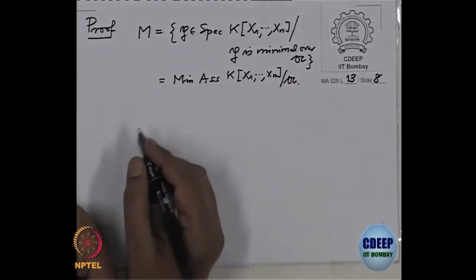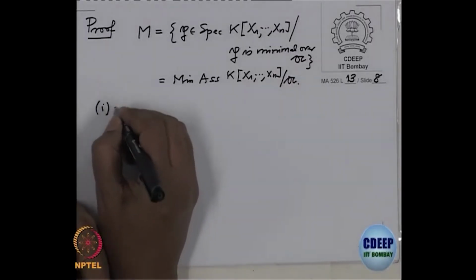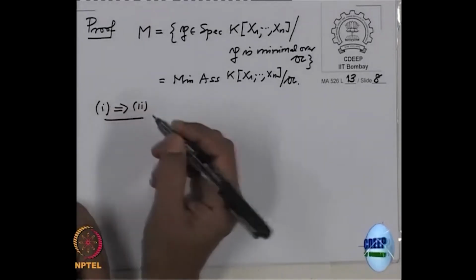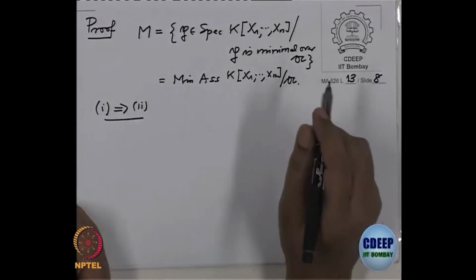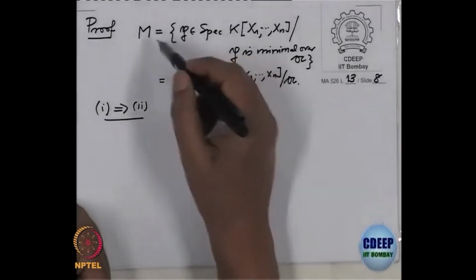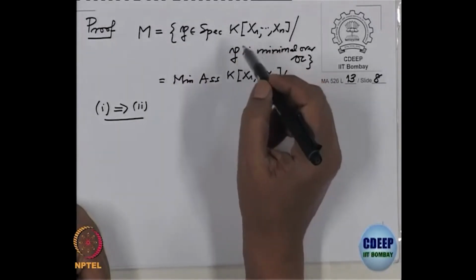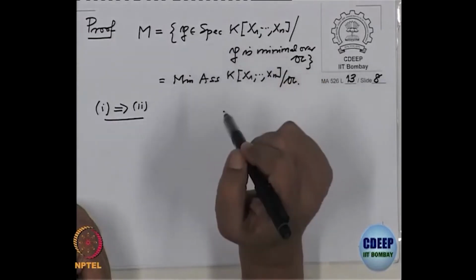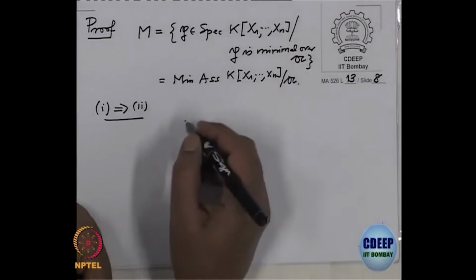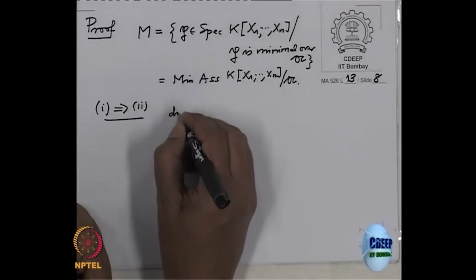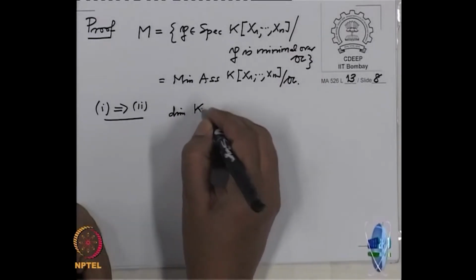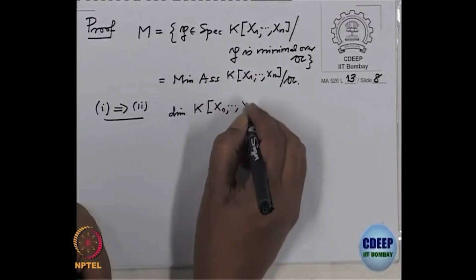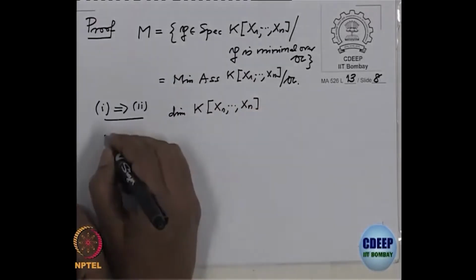And what do I want to prove? If I want to prove 1 implies 2, what do I want to prove? I want to prove that any element here is in fact minimal among all non-zero prime ideals in K[x1, ..., xn]. Okay. So, first of all note that if I take any P in M,